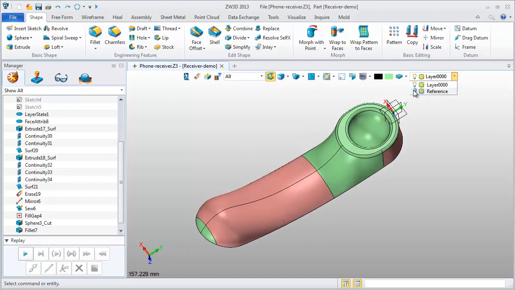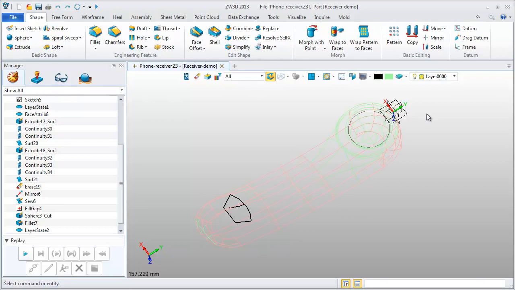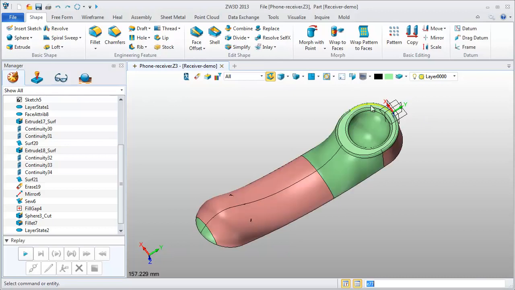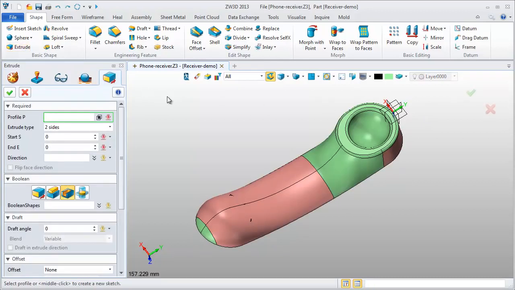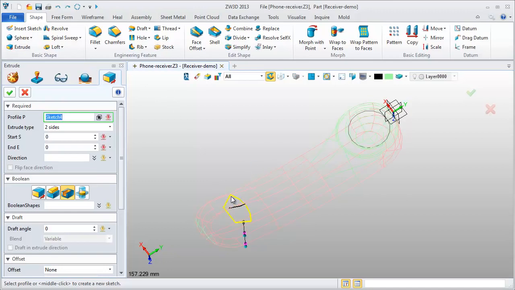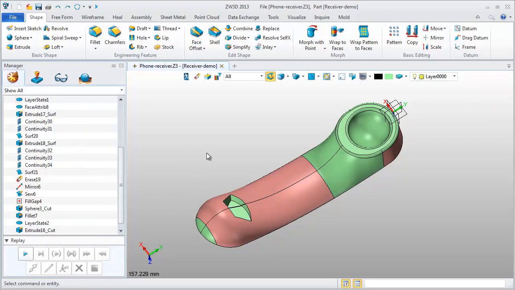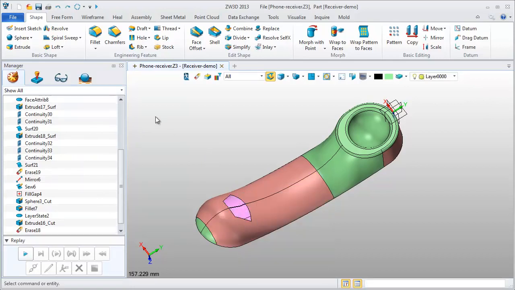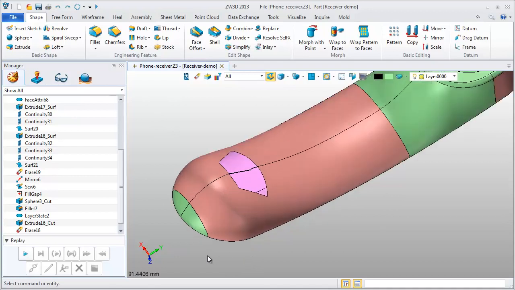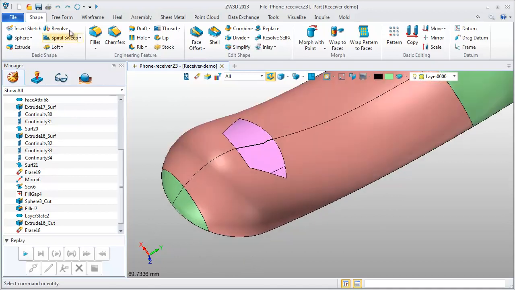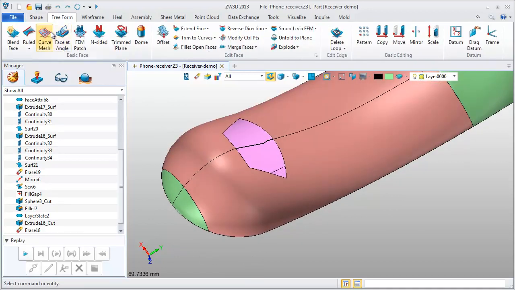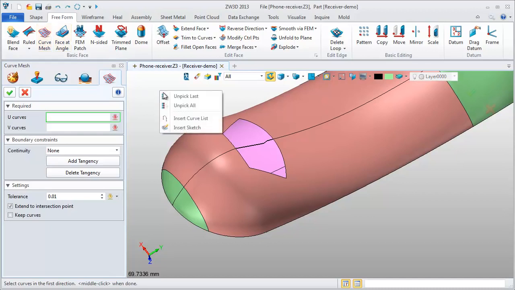Now turn on another layer. There are some sketch geometry. Now we'll use this closed sketch to cut. This is a model. OK. Also, this surface is unneeded. Erase them. So next, in the middle operation, we can use the UV curve mesh to create this